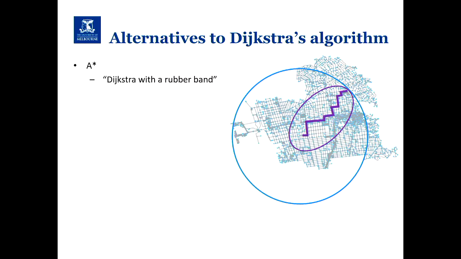So this algorithm prioritizes the network search in the direction of my endpoint, and only if it's not possible to go in that direction, then it will consider other neighboring nodes. Only after I've reached, say, a dead end, or it's more expensive to go in that direction, will I divert from that direction and find nodes that are not necessarily in it. So this would be the most optimal